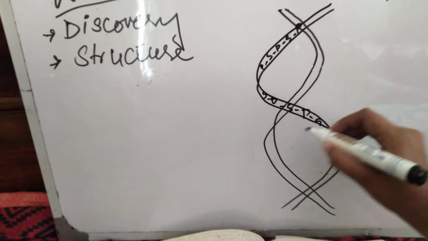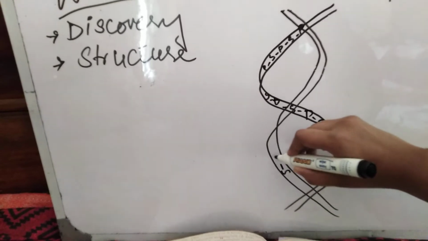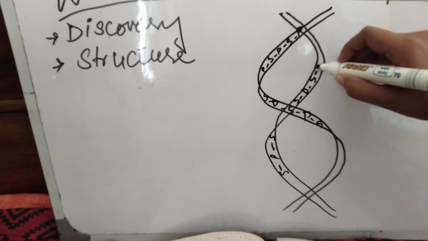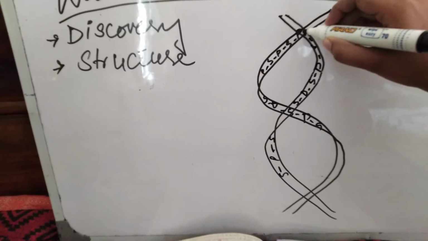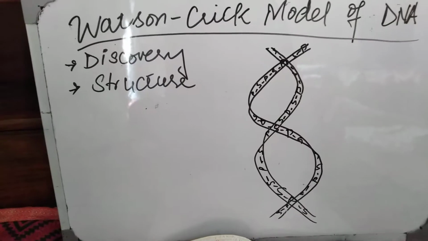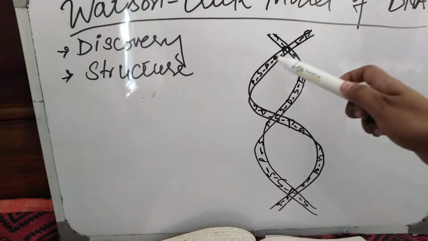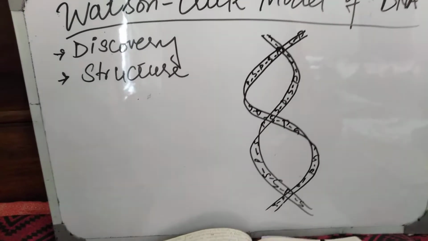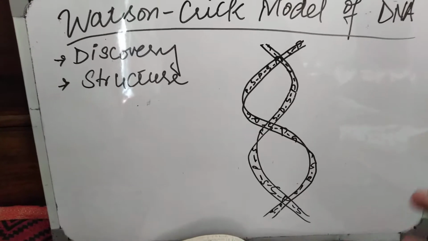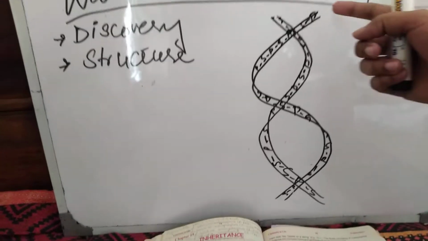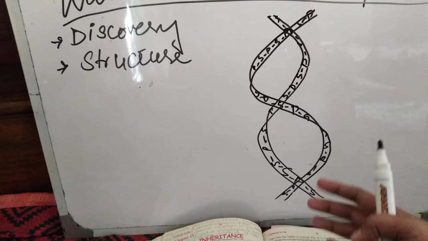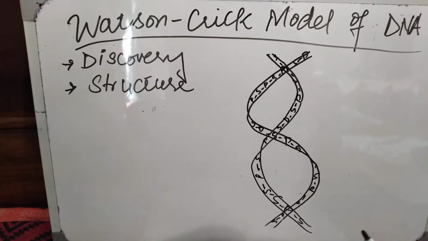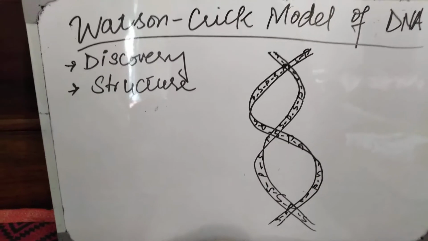This is the structure of the DNA, and the whole polynucleotide strand is composed of a sugar phosphate backbone. Now it will be clear for you. Backbone, as you know, our body also has a backbone. It provides support to our body. It means this double helix structure is the backbone, providing support to the whole structure of DNA. That's why I'm calling it backbone.